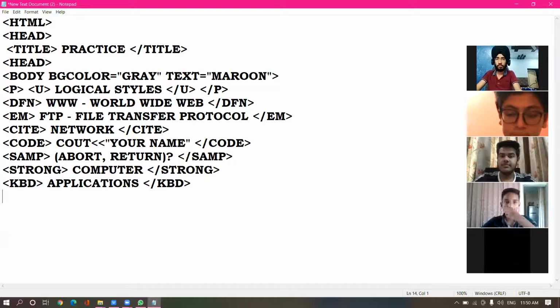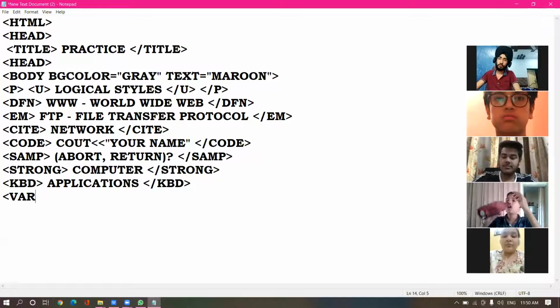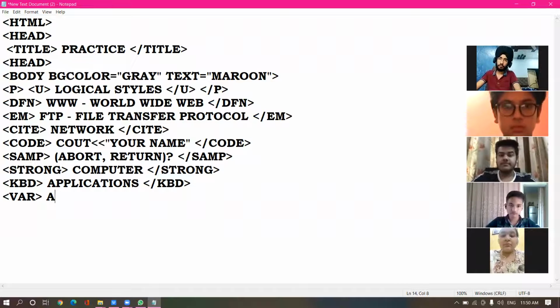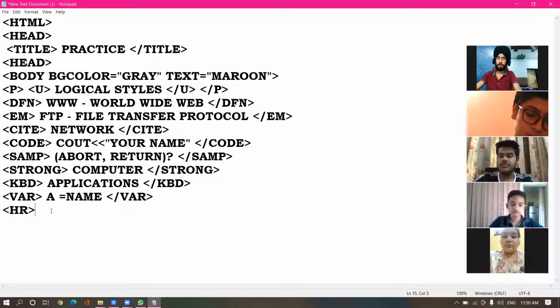Okay, the last is the var tag when you want to declare some variable inside the coding. आप कोई भी variable के साथ coding दे रहे हो, for example I am giving A is name. So here I am closing a var tag. So this is all the logical styles. No doubt the effect will be same as of bold and italic only, but we have some different tags.